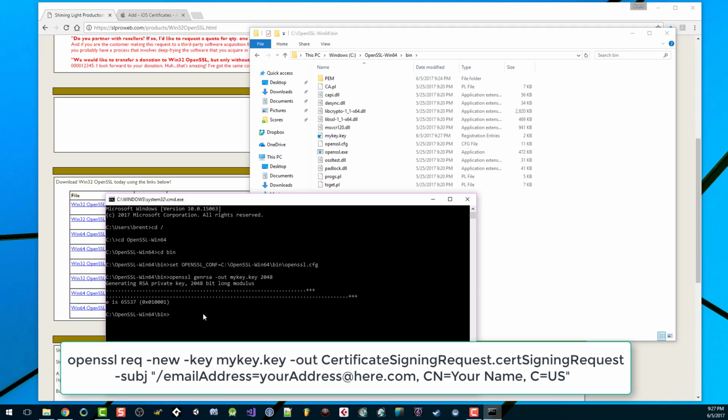To do that, we type openssl req -new -key, and then the name of the file. So in our instance, it's mykey.key -out. Now we're going to give this a name. I'm just going to call it certificate signing request dot cert signing request, then a space, and we do -subj